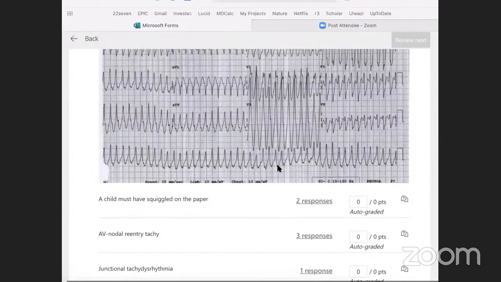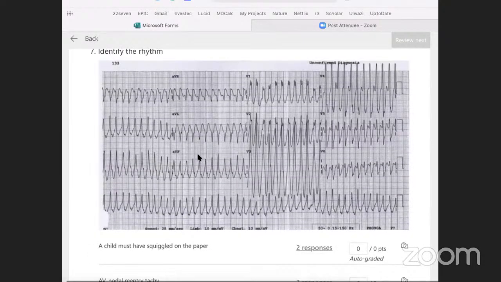Okay, I was hoping someone would go for that. Alrighty, so here we have a very bizarre rhythm and we don't know what it's doing. We can assume that this patient is unstable because his heart is going, if we take 300 and divide it by 1, his heart is going at about 300 beats per minute, and every beat is conducted to the atria.